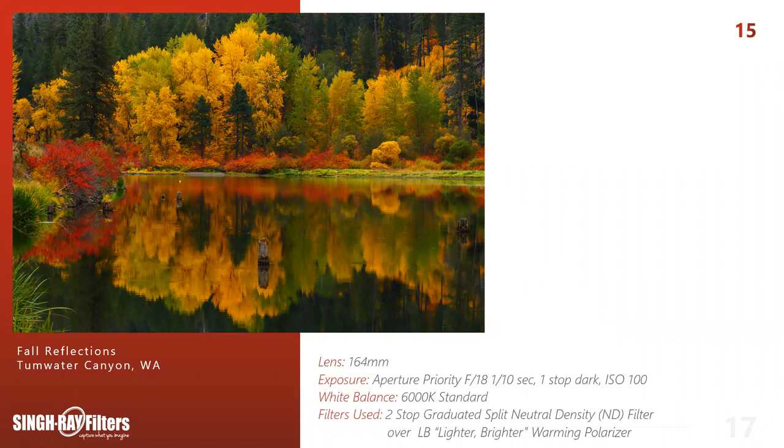Some people think if they put an ND over a polarizer, and the water's a little rough, it's going to give the water more time to look still. I don't find that. Actually, if my water has a little movement in it, I would tend to speed up my shutter and capture the detail in that movement rather than let it move around and get a little more blurry. I don't use a lot of solid density filters, but if we were talking graduated split neutrals, I